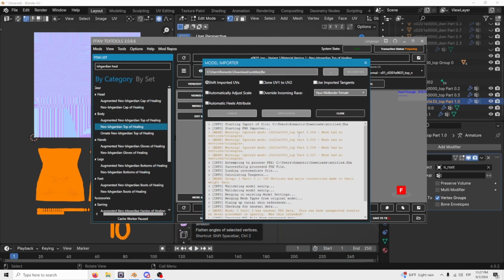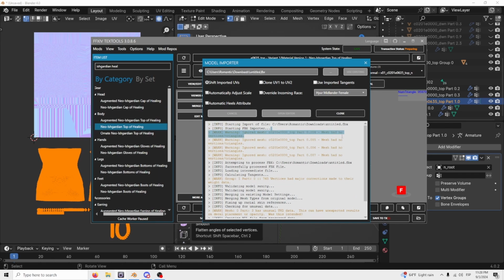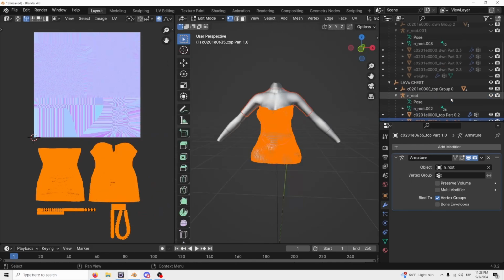Now, when you import a model, you'll get some errors. I recommend that if you are asking for help, if you find issues while you're trying to do your upscales, please keep in mind the errors, because the errors will almost always narrow down what the problem is. Here in this case, we have mesh had no vertices or triangles, but this is an error that I am getting because,